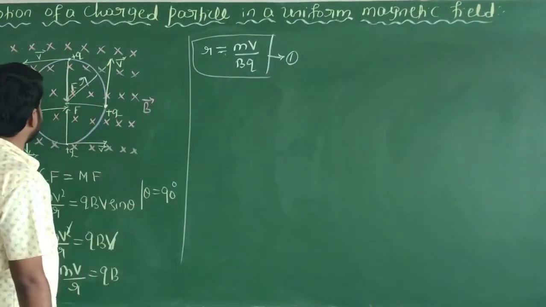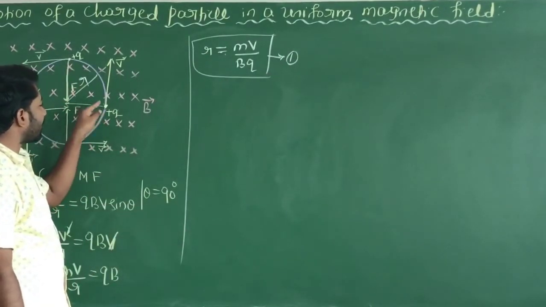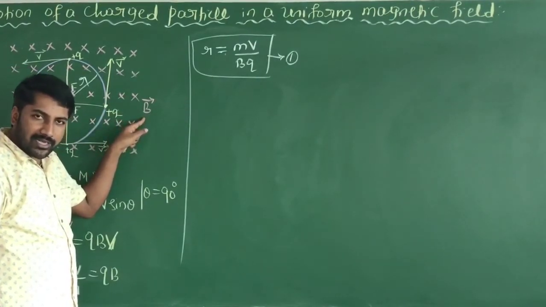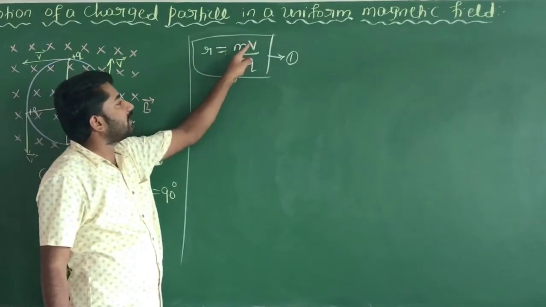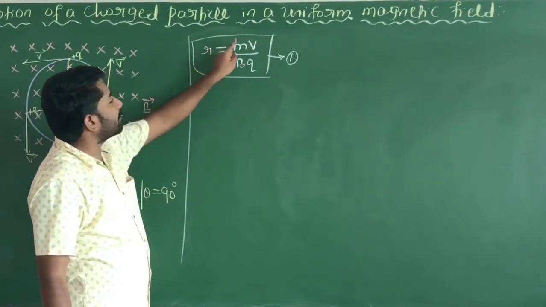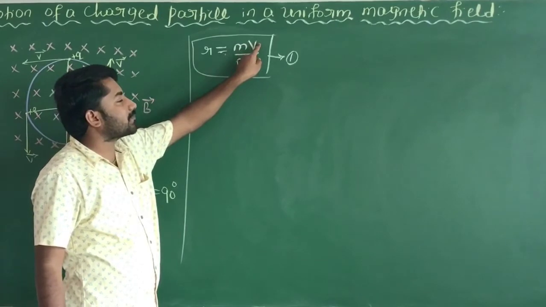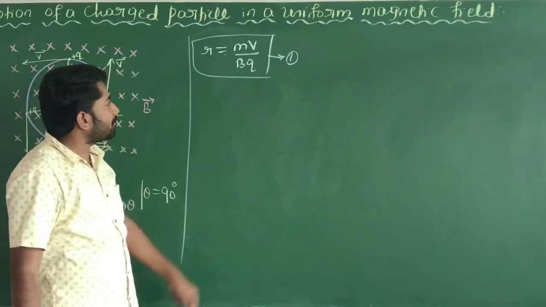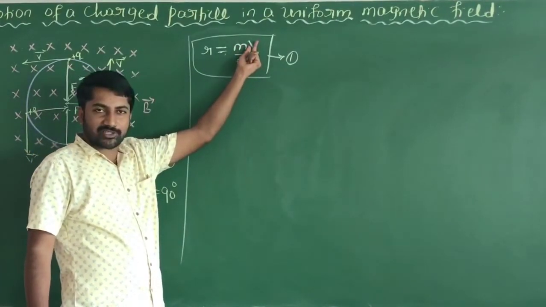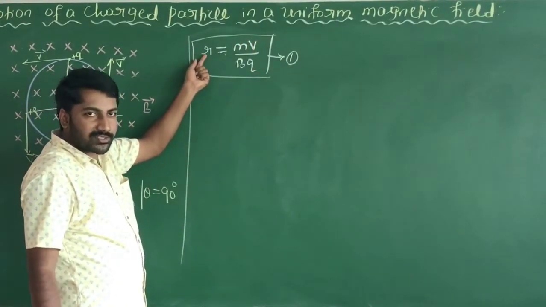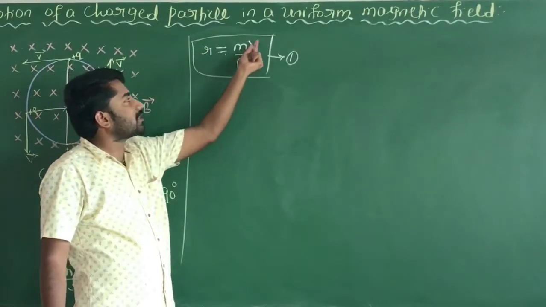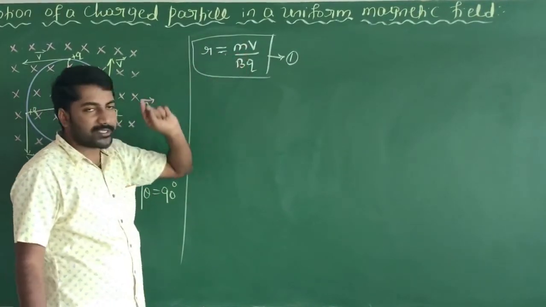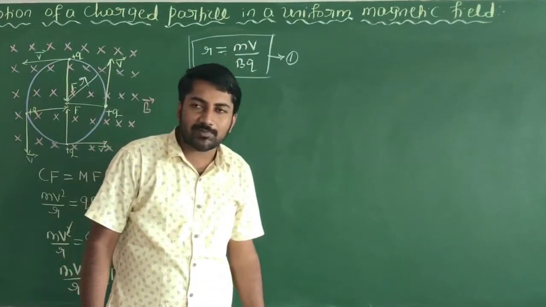R is the radius of the circular path when the charged particle moves perpendicular to the direction of the magnetic field. R is equal to mv divided by bq. R is directly proportional to the mass of the charged particle and its speed, and inversely proportional to the magnetic field and the magnitude of the charge. If the speed is very large, then the radius is also large. If the radius is very small, the speed of the charged particle is also very small. R equal to mv divided by bq is the expression for the radius of the charged particle